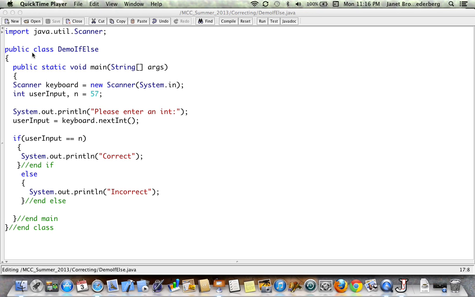Hello, this is Professor Brown-Sederberg, and what I'd like to do is just demonstrate a nested if-else. Now, we remember this demonstration of a simple if-else where we hard-coded a number and allowed the user to enter an int, and we told them whether they had guessed the correct number or not, and we did that using a simple if-else. And what I'd like to do in this program, which is a demonstration of a nested if-else,